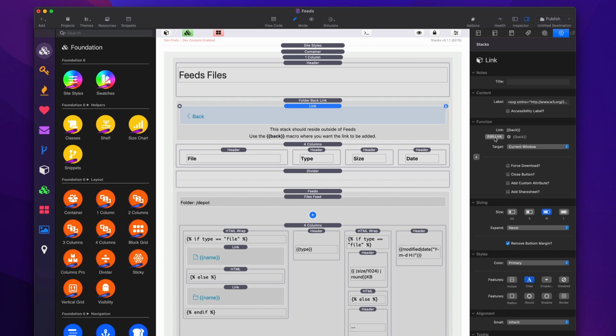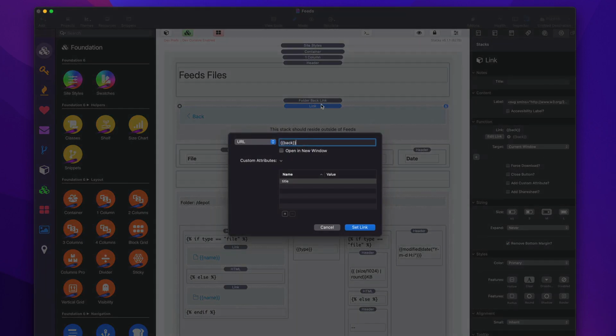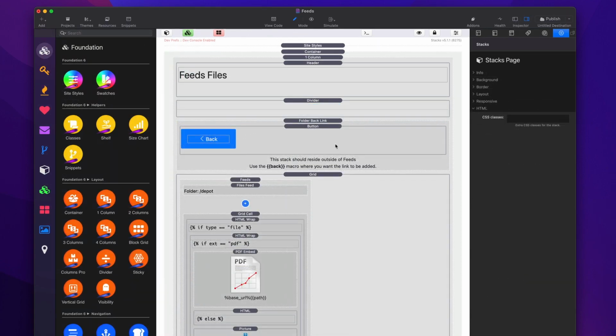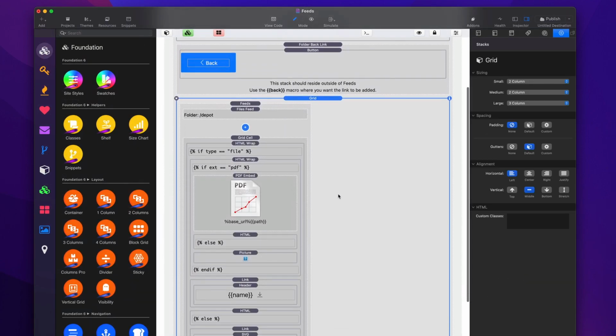And if you look here inside the link, this folder backlink stack gives us one macro that we can put in. And it's this. It is the back macro. So we simply put that inside of our link, and that will intelligently do two things for us. It will show or hide the back button based on if we're in a subfolder or not. And then it will actually intelligently create the backlink for us. So it figures out what the backlink is and dynamically puts that in there in the layout for us. So pretty cool. Now, we've already done a pretty extensive look, but I figured I'd look at that second sort